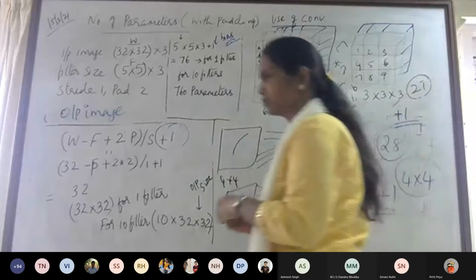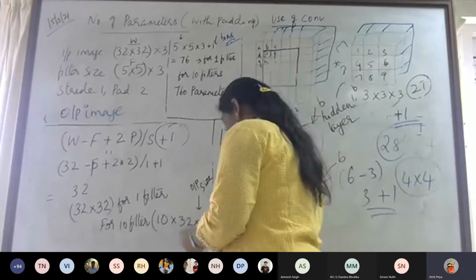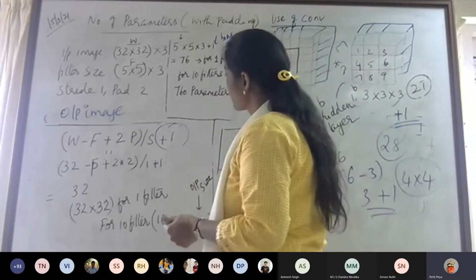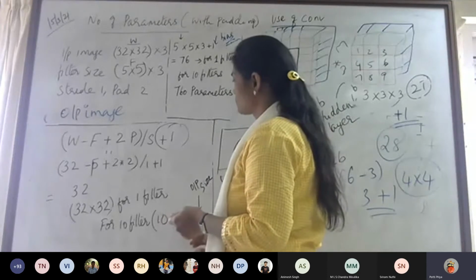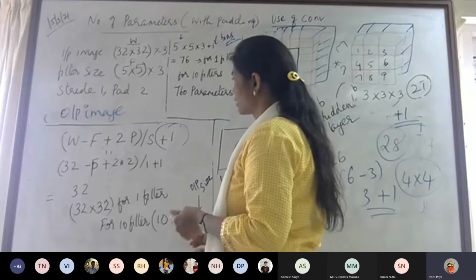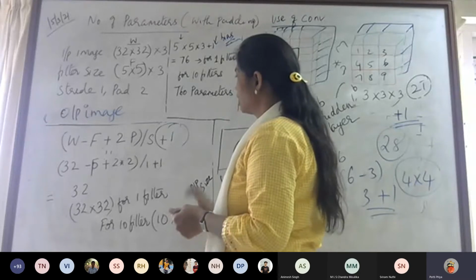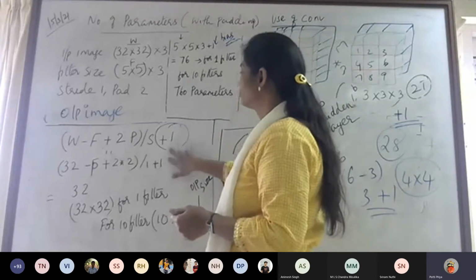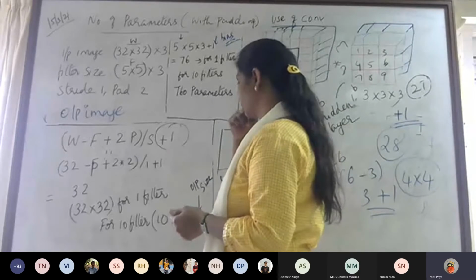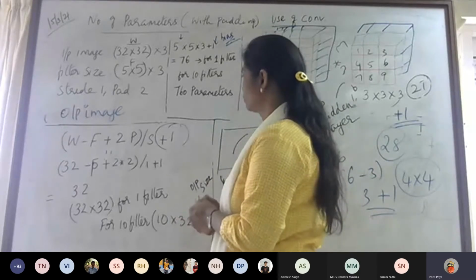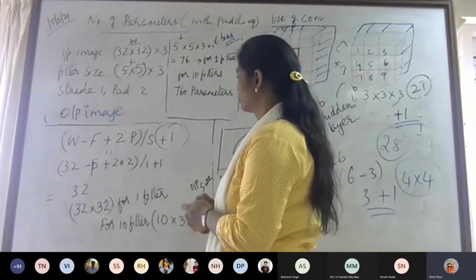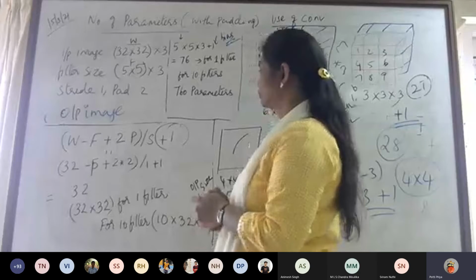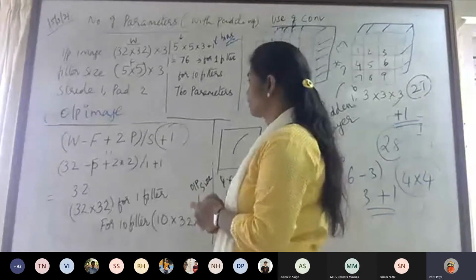Is it clear now? Actually, ma'am, that plus 1 should come inside the bracket. Since the stride is 1, we could not make out much difference. So what I thought was the plus 1 comes inside the bracket, and it will be just W minus F plus 1 plus 2 star P by S. If you can consider taking the stride as 2 and check, ma'am. I just checked like normally.